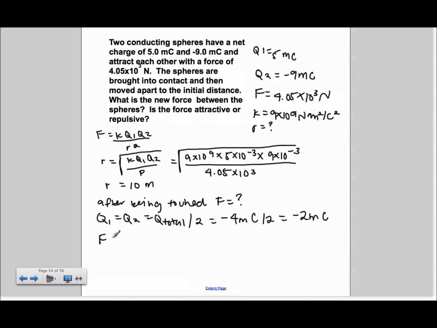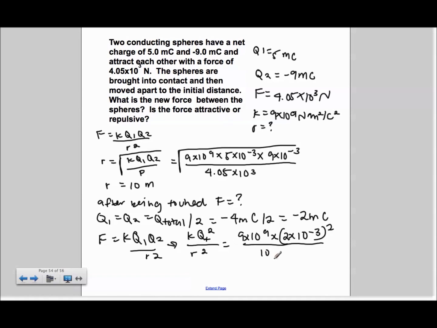Force equals K Q1 Q2 over R squared. However, since Q1 is equal to Q2, we can say that force is equal to K Q squared over R squared. So we get that 9 times 10 to the 9 times 2 times 10 to the negative 3, since it is 2 millicoulombs, over 10 squared, since that is a radius we got from above. So we get that force is equal to